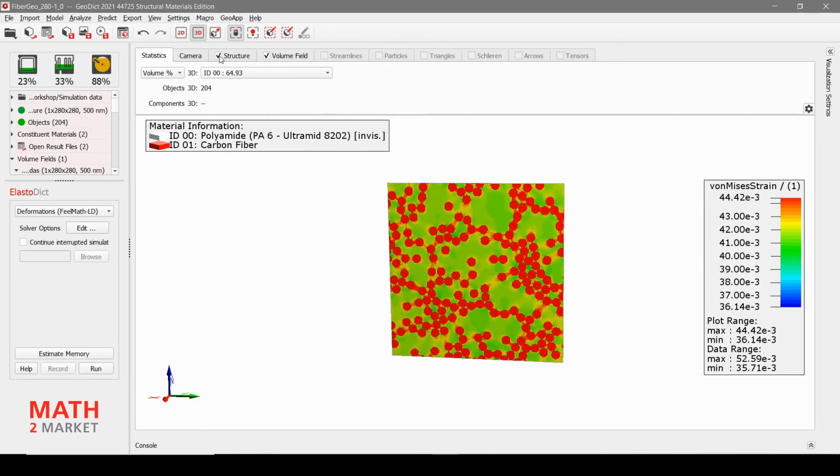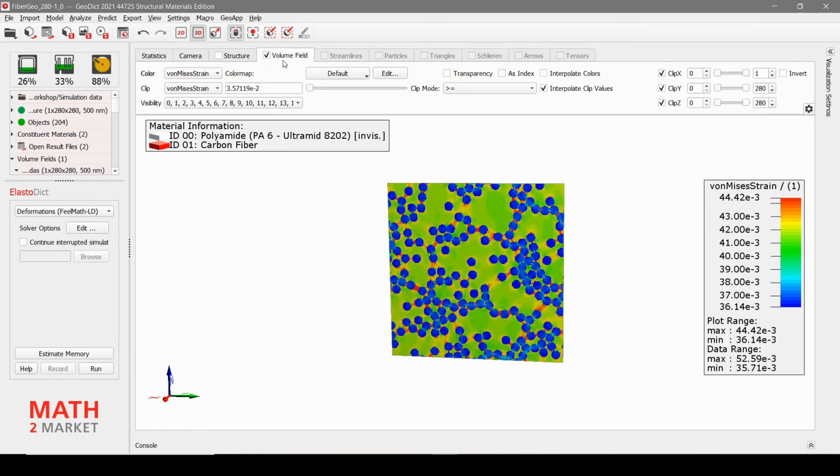We deactivate the structure again by deactivating this checkbox. And here you can see now that we have quite high strains where there isn't much polymer between the fibers, so there are the stress peaks, and the fibers are not loaded that much. That's not a surprising result.